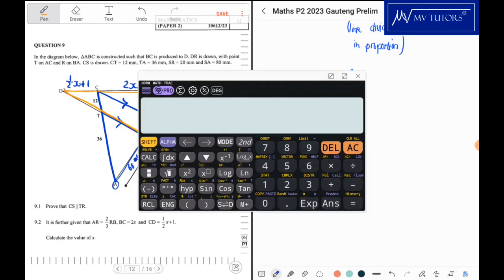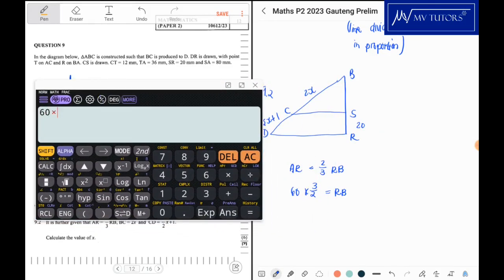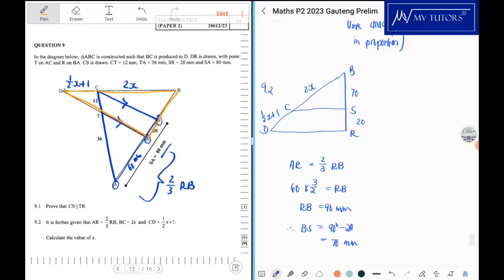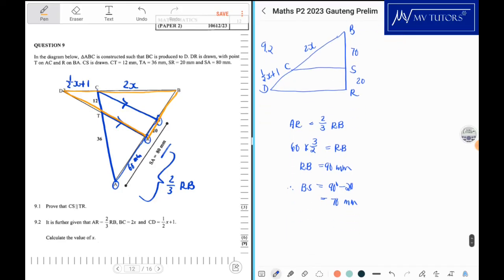And let's see, what is 60 multiplied by 3 over 2? So 60 multiplied by 1.5, it is 90. So RB is equal to 90 millimeters. Now it means, therefore, that BS is 90 minus 20, which is equal to 70, not 70 degrees, but 70 millimeters. Okay, now that we have that out of the way, we can then use our proportionality theorem by saying